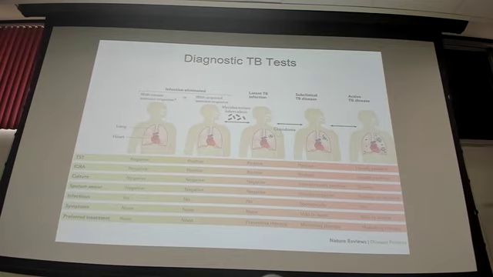This is a handy little algorithm for you to take a look at. I don't think we need to go over it in a huge amount of detail, but the different disease states on the top are helpful to guide your understanding of these different aspects of the clinical picture. We have an instance where a person has been exposed to tuberculosis, but they've cleared the infection. In those persons, they would not have a positive PPD skin test, they wouldn't have a positive IGRA, and certainly they wouldn't have any of these other indications of TB disease. So their innate immune system cleared it without the adaptive immune system getting involved.